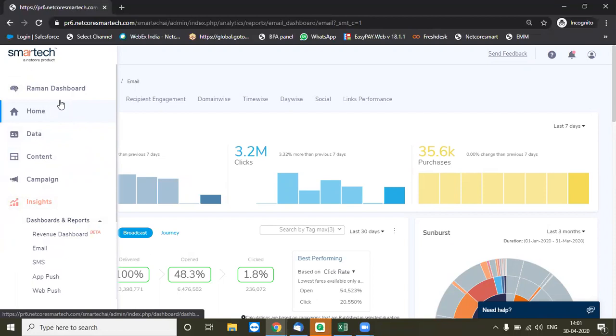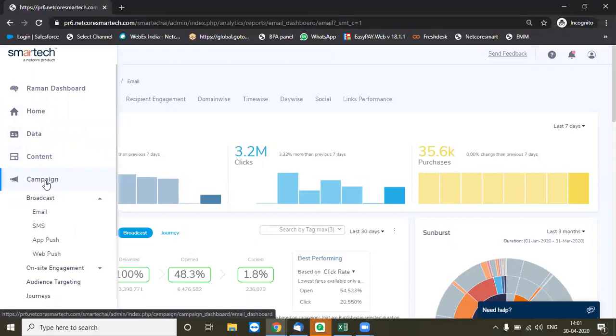Over here, to start off with, as I told you, SmartTech is a complete campaign management solution. We approximately have four major segments of campaigns. One is a broadcast way, another one is an on-site engagement way. Then we have an audience targeting mechanism, and post that we have our main USP kind of campaign, which is workflow journeys.